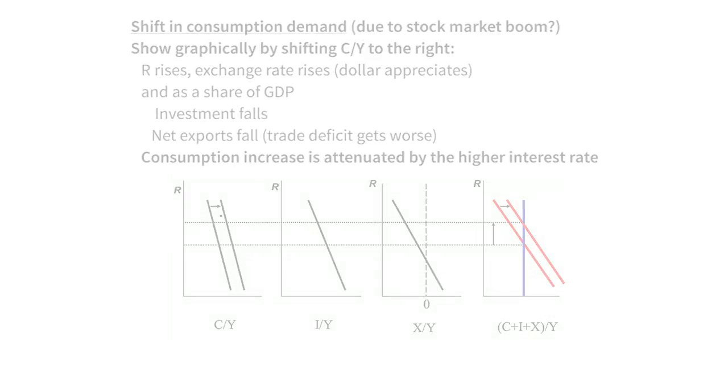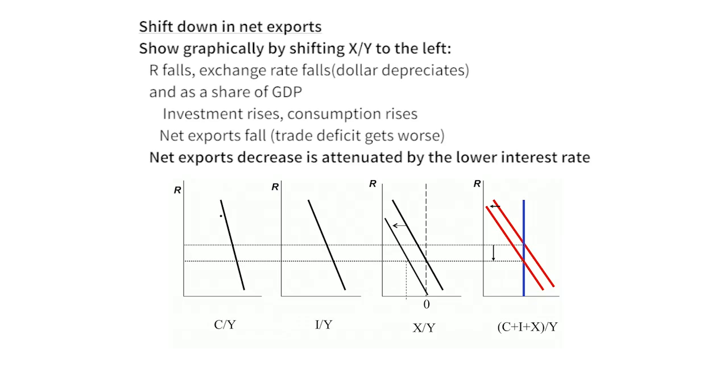And finally, just to not belabor the same point, but one more time, what about net exports? Maybe the demand for U.S. exports shifts up for some reason because of the rest of the world doing better, wanting to buy more U.S. exports. Or maybe the reverse, the U.S. consumers want to import a lot more from abroad, so net exports could decline on that basis. Well, we can use the same kind of diagram to illustrate this. Let's consider the case where net exports fall. So that's the diagram with X over Y